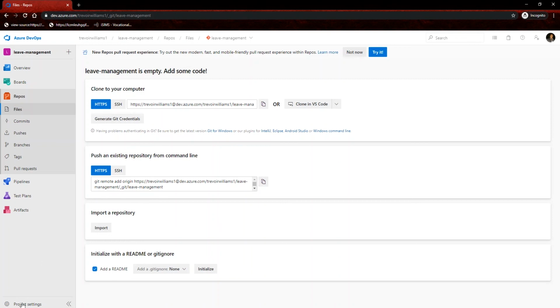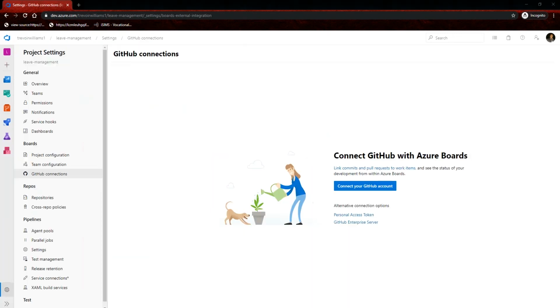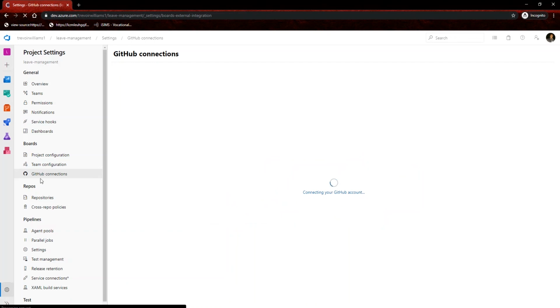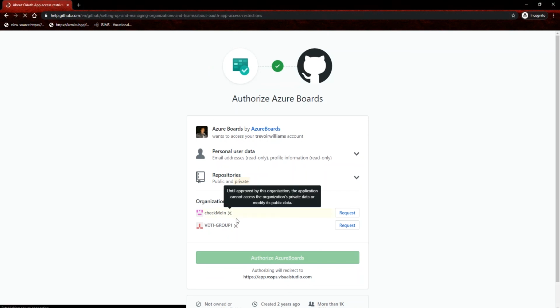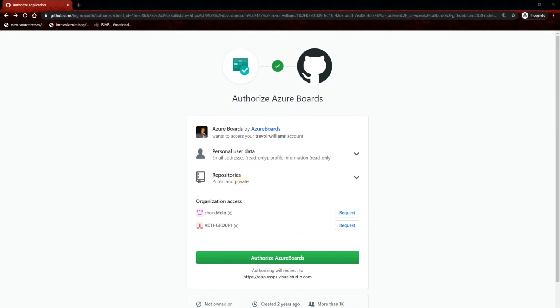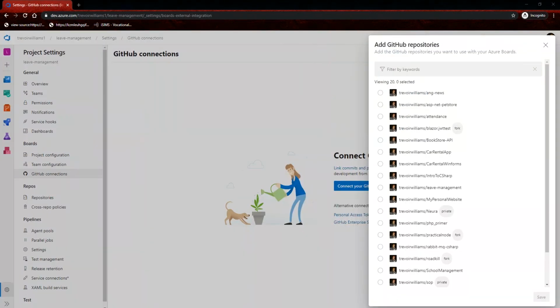So I can go to project settings and then select GitHub connections from the menu. So you see boards, you see GitHub connections, and then they're saying connect your GitHub account. So I'm going to go ahead and connect my account. And because I'm already signed in to GitHub, it's going to let me know that I just need to authorize that. And I'm just going to untick these. So, okay, I guess I'll leave that for another time then. So I'll just go ahead and authorize Azure boards,